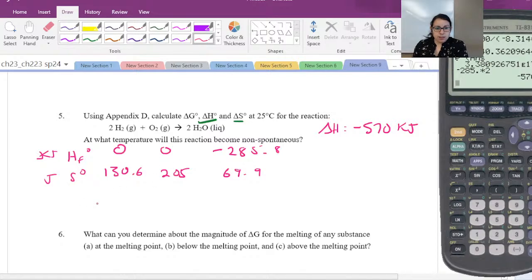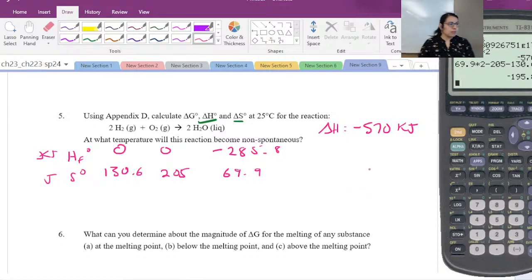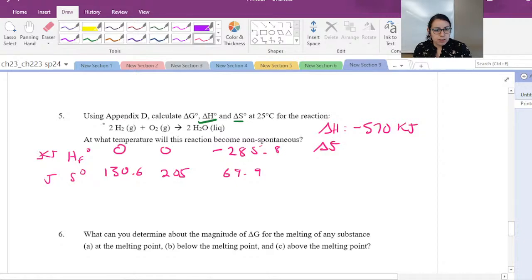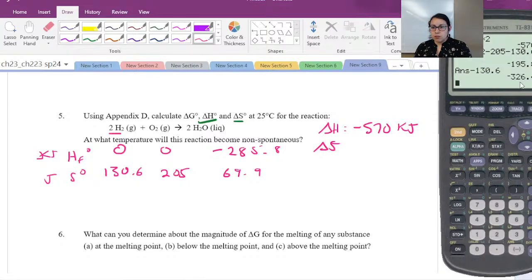Then we can calculate our change in entropy. Again, same thing, 69.9 times 2 minus our reactant, so minus 205, and minus 130.6. Oh, you're right, good catch. And so minus 130, sorry about that. So does that look better? So then we should have had a change in entropy. Again, don't forget to multiply by 2, unlike me. So negative 326.4,